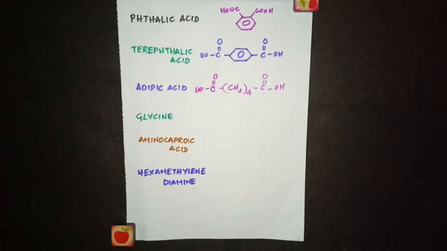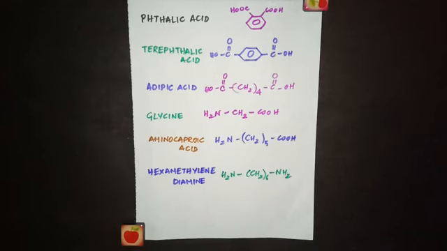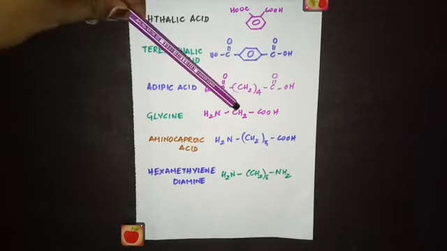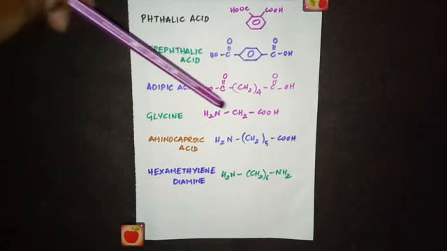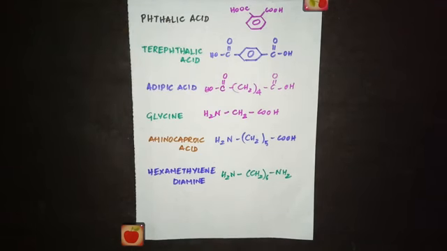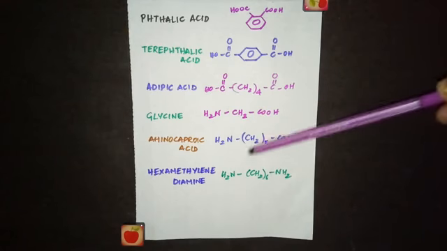The next one is glycine. Glycine is an amino acid. From the name itself, you know, amino acid. There are two functional groups. Acid, you know, COOH. And what is an amine group? It is NH2. So in glycine, you will be having both NH2 and COOH group. In the next one, aminocaproic acid also, you will be having both NH2 and COOH group. But the number of CH2 groups will be differing in both the cases. So glycine is NH2, CH2, COOH. This is glycine. If this CH2 is 5 times, then it is aminocaproic acid. See, NH2, (CH2) 5 times, COOH.